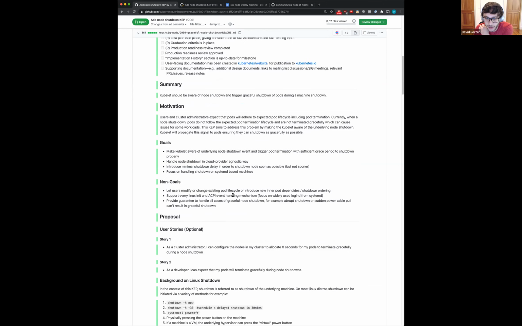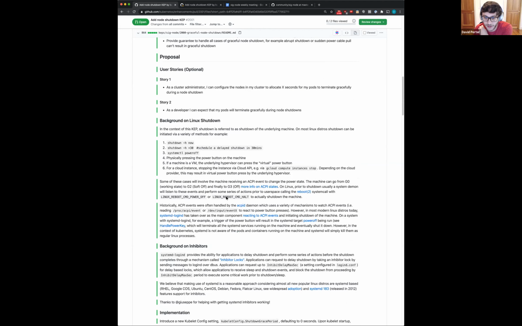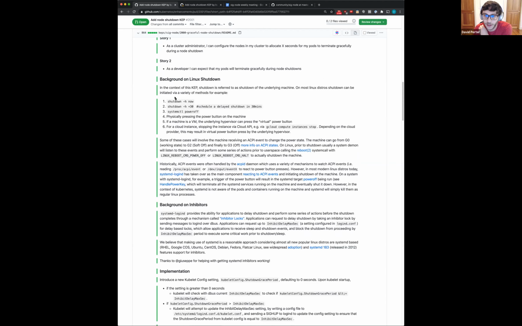There's more detail here. I won't go into every piece of detail, but basically on Linux there are a lot of ways you can shut down a machine. You can call a shutdown command, or if you're using systemd, systemctl poweroff, and each cloud provider also has its ability to stop your underlying VM.